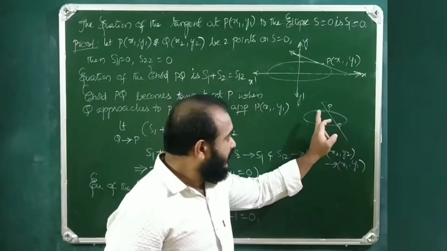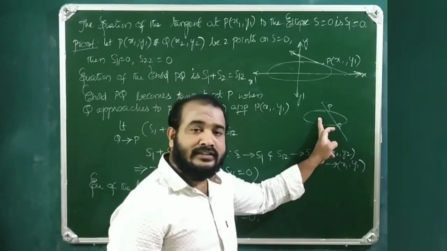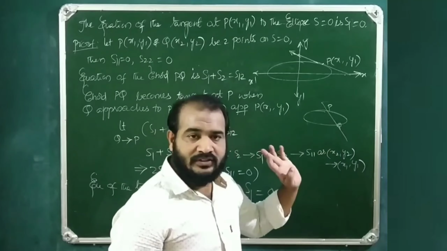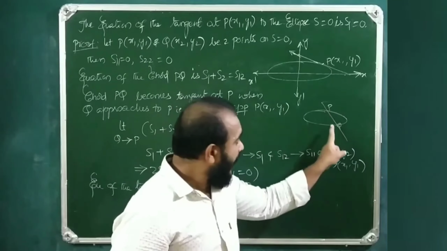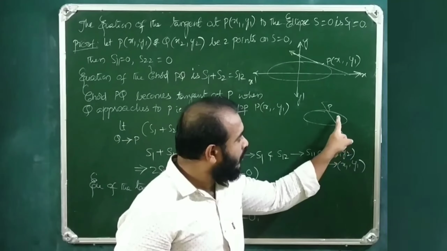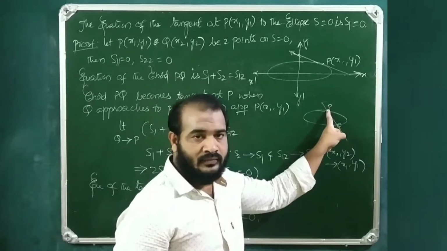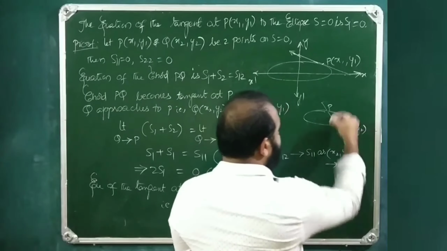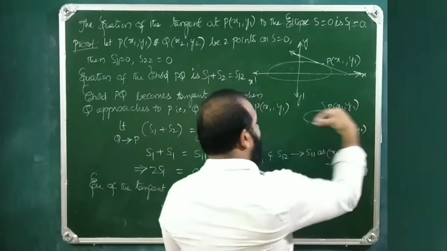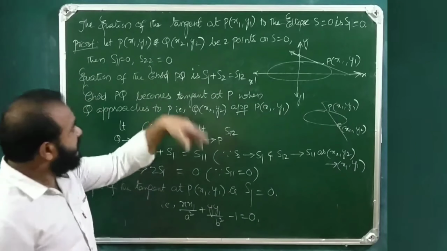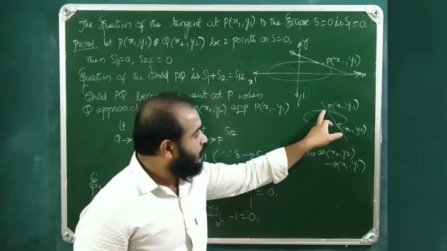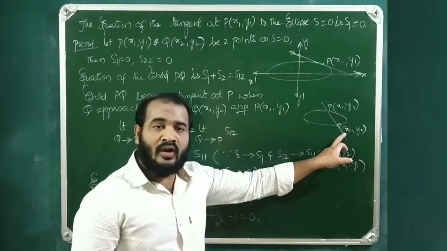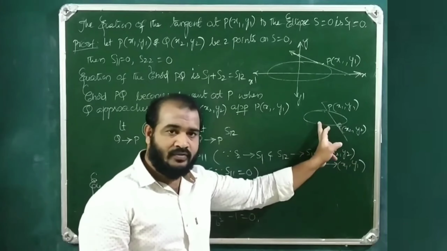That means this line touches the ellipse at this point P as Q keeps on approaching P. So Q(x2, y2) is tending towards (x1, y1). Since P(x1, y1) and Q(x2, y2) are lying on the ellipse,